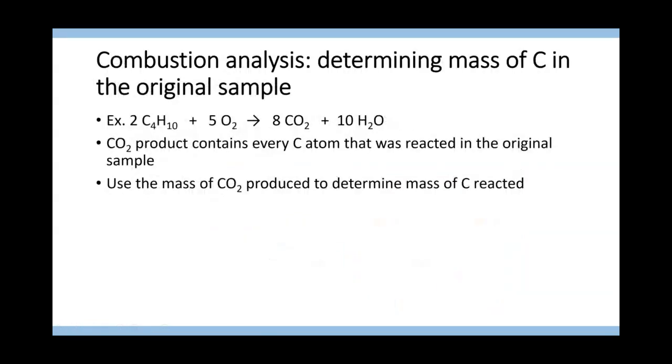We go to this next slide here. Every carbon atom that is reacted in combustion is then produced in a carbon dioxide molecule. So the CO2 product contains every carbon atom that was reacted in the original sample. So if we know the mass of CO2 produced, then we know the mass of carbon produced, and that's the same as the mass of carbon reacted. So this follows the law of conservation of mass, which we covered in a previous chapter, where however much mass you start with in a reaction, you're going to end with the same amount of each atom. So if we know the mass of carbon dioxide,